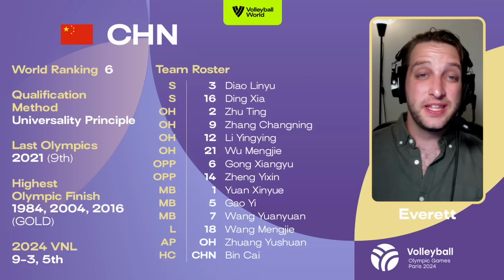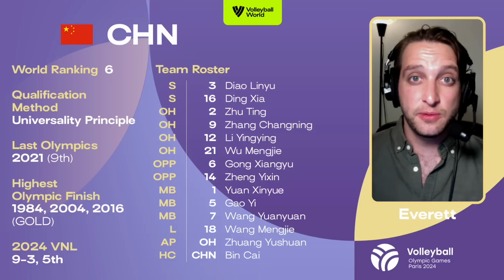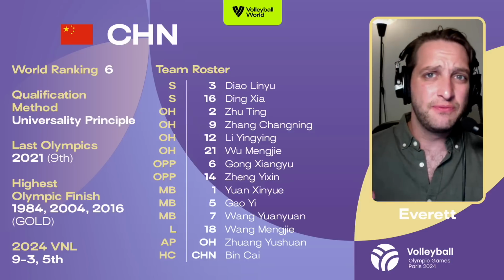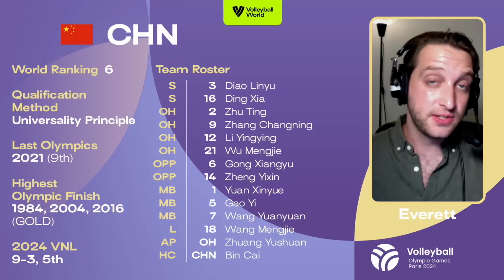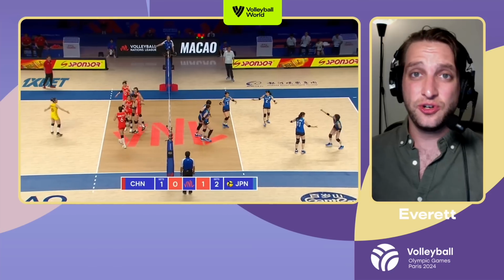And China, for me, the 6th-ranked team in the world, has to be one of the bigger dark horses in this tournament. I think this team has serious medal potential. Now, they've had a bit of an up and down few years. In 2023, we saw them make it all the way to the VNL finals, losing to Türkiye in an awesome run for them, but then falling flat at home in the Olympic qualification tournament, where they lost to